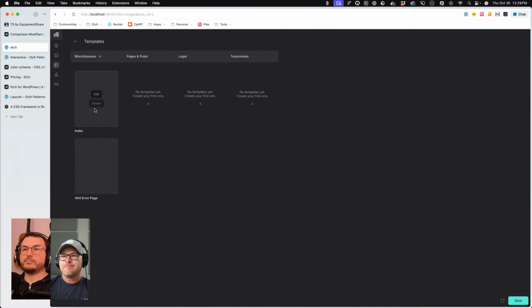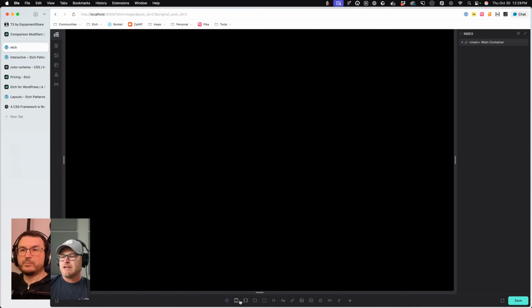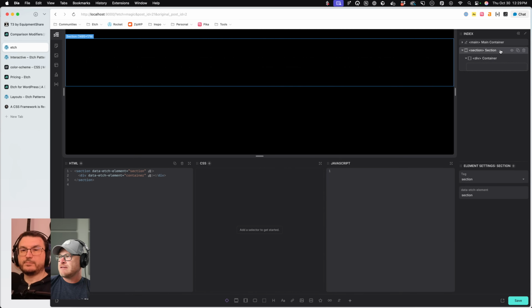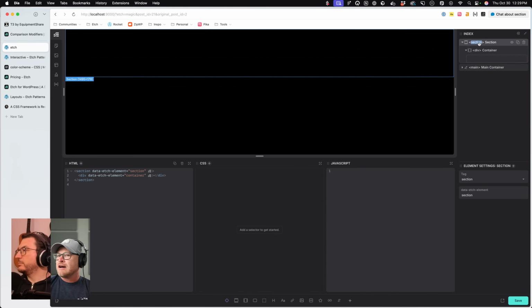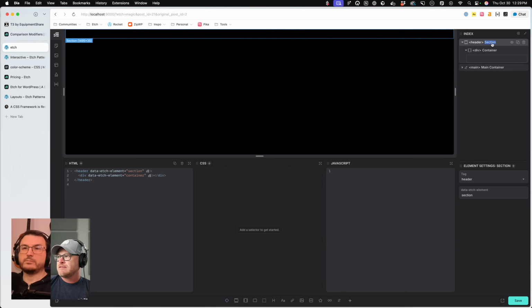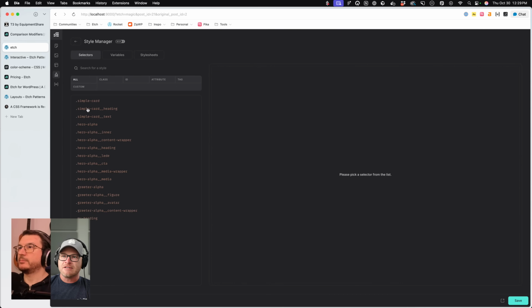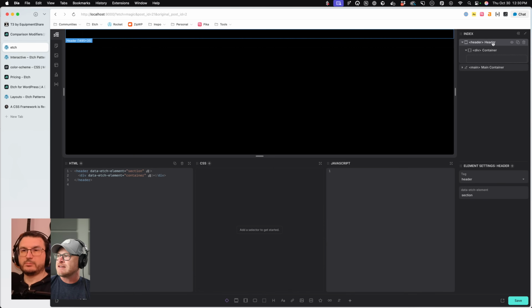Let's see. I'll go to the index template, drop a section in, see where we're at. I think we already have a main container. We already have a slot content. Okay. We'll make this a header. I don't know what other classes. I think I deleted all the classes on here. Okay. So we shouldn't have anything conflicting, hopefully.